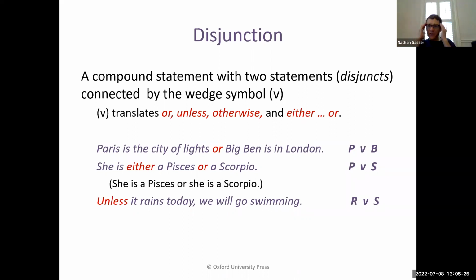You have to have your knowledge of just how the English language works. It's going to have to function for you contextually. We would still represent this as R wedge F, saying either it's going to rain today or we're going to go swimming. Again, when you symbolize these compound statements, you're eliminating all of the nuances